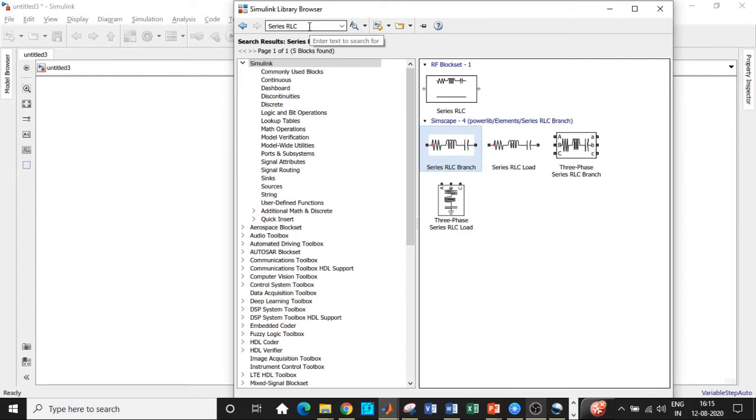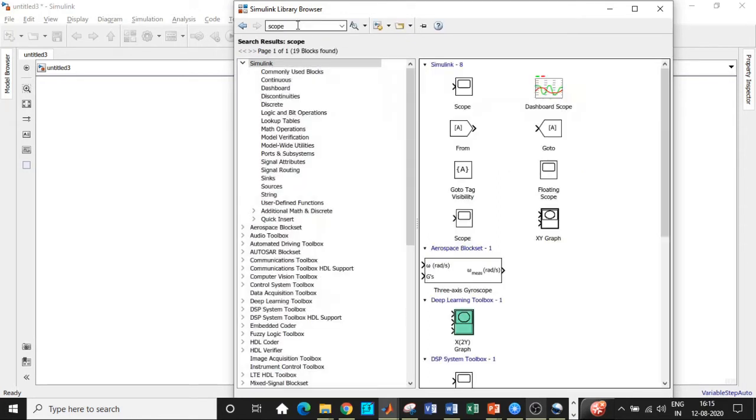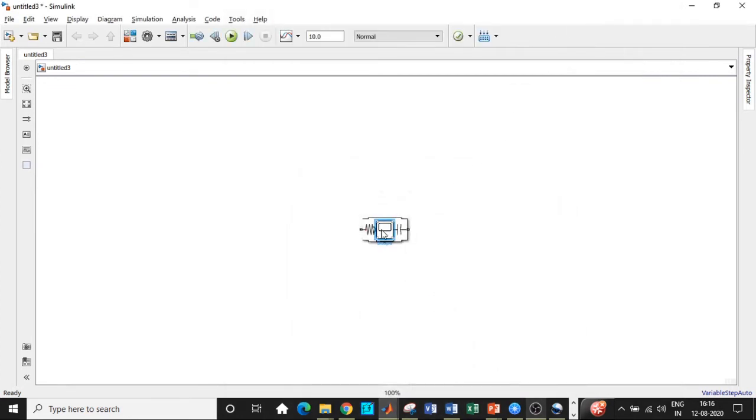And once that is done, I guess we have all the components placed intact, other than one of the main blocks that is required, which is the scope. So search for scope and add this block as well. This is used to see the nature of waveforms, how they look. So we have all the components. We'll be placing them in appropriate positions so that we can get started with the circuit connections.